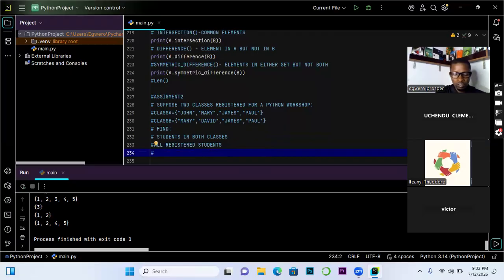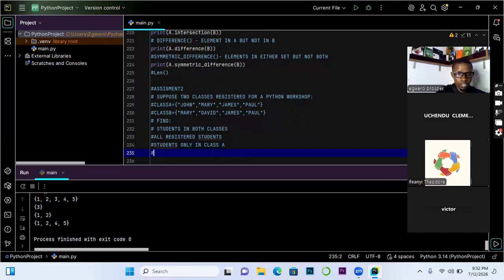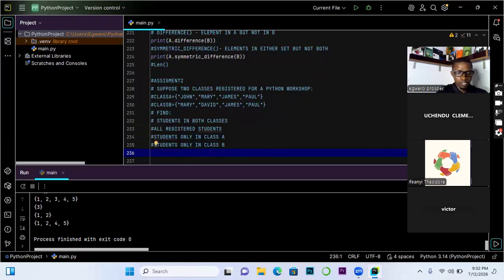The next task is students only in class A. Then the same thing, students only in class B. Then the next task, students who belong to only one class.